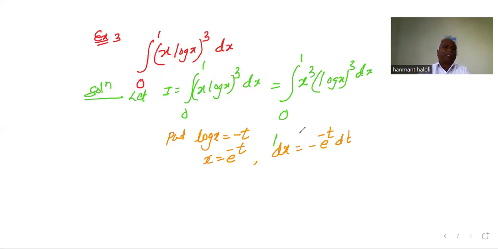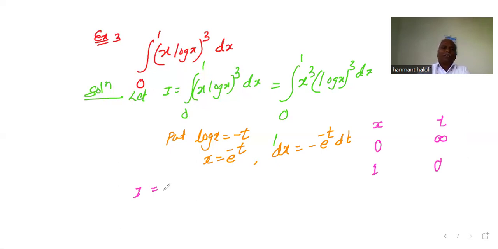Now our important part here is checking of limits. Here you check the old variable and the new variable. The new variable is t, the old variable is x. As x tends to 0, log 0 gives infinity. Then as x tends to 1, log 1 is 0, so t tends to 0. Then our integral becomes integral I equal to